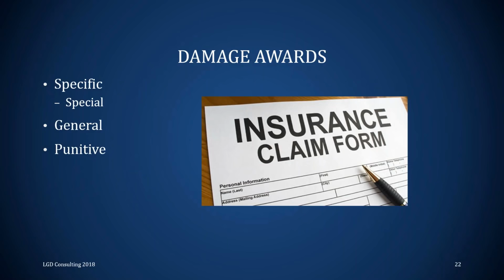If a loss occurs, well, how do we pay? What do we pay? All right. So we have specific damage awards. So when you hear the word specific, think of it's specific. You get a ding in your fender, we know exactly what it costs to bang out that ding or replace that fender, which includes labor. All right. What falls under the specific category is something called special damages.